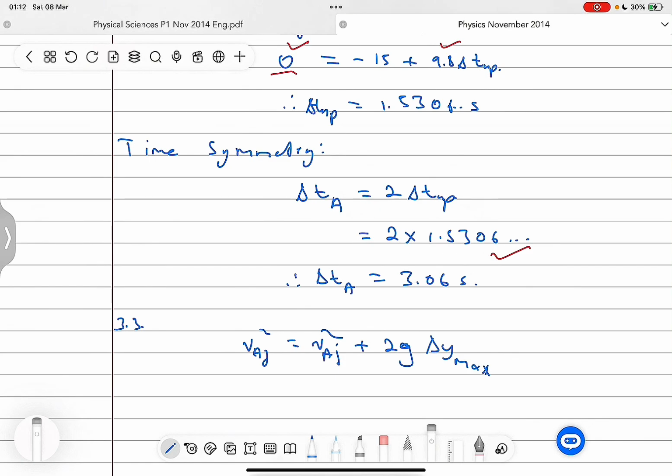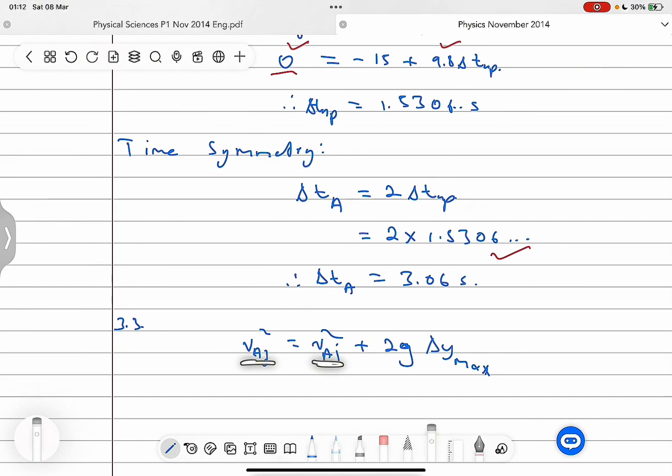It is possible to use other equations as well where you use the time, because we calculated the time. I always advise that you do not use those equations in a question like this, because if you found the time to be a wrong answer in the previous question and you take that wrong answer here, you risk losing marks going downwards. But if you use the information that you didn't calculate, that was given in the problem, like the